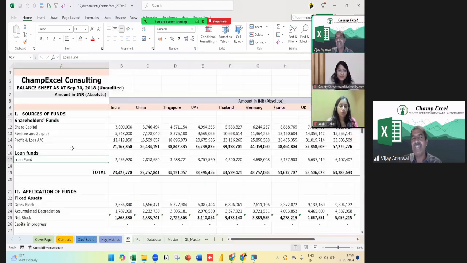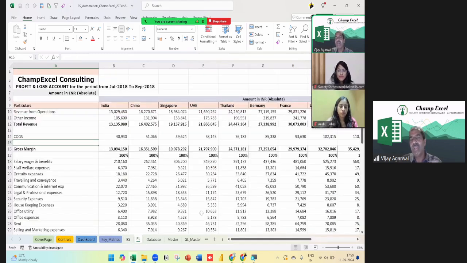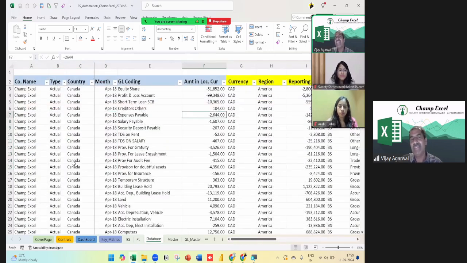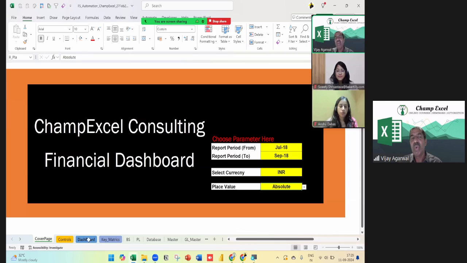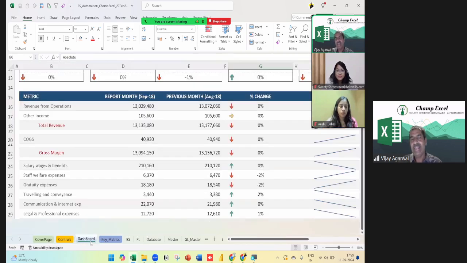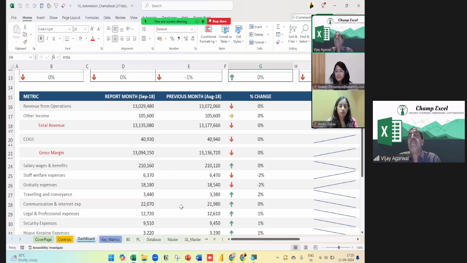Like that, you can get the balance sheet also. You can get the P&L also, profit and loss, comparison, all those things. If my data is going to change, everything is going to reflect on a real-time basis. So all those things are possible with the help of formulas, with the help of dashboard, with the help of Excel 365. And this is going to help us with better data, audit quality, doing analysis, finding the exceptional items, all those things.